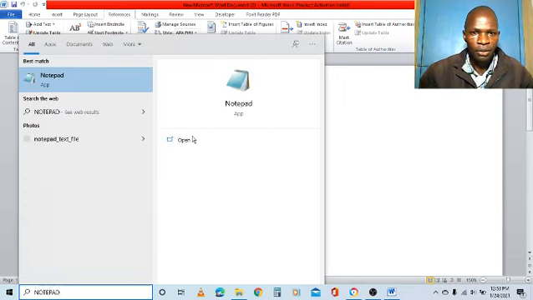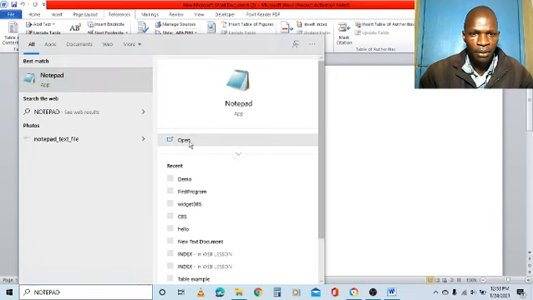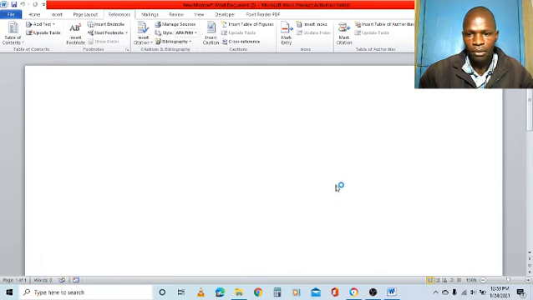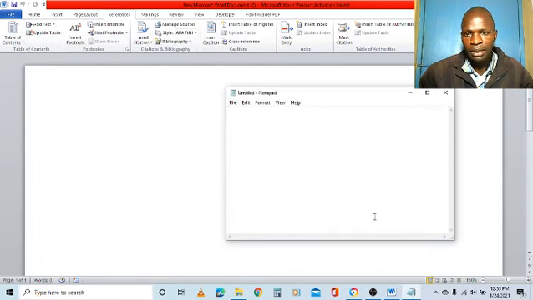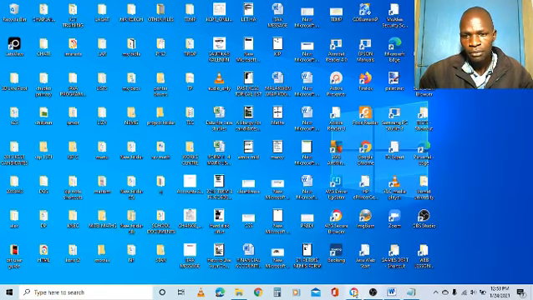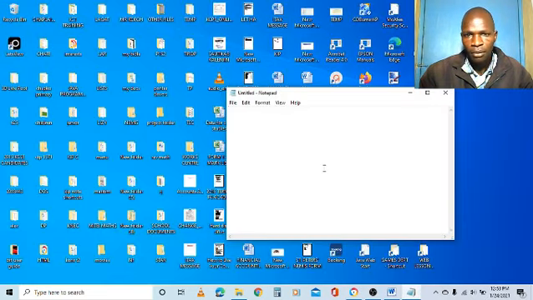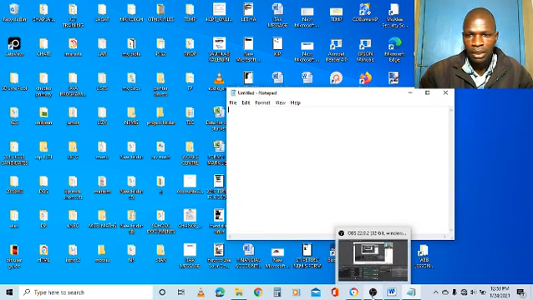So I need to open it. I'll click open here to open the notepad. So very well, this notepad is another application, and this is the one I took the snapshot of. There's another file, edit, format, and all that. So this is the menu bar. So back to the notes.